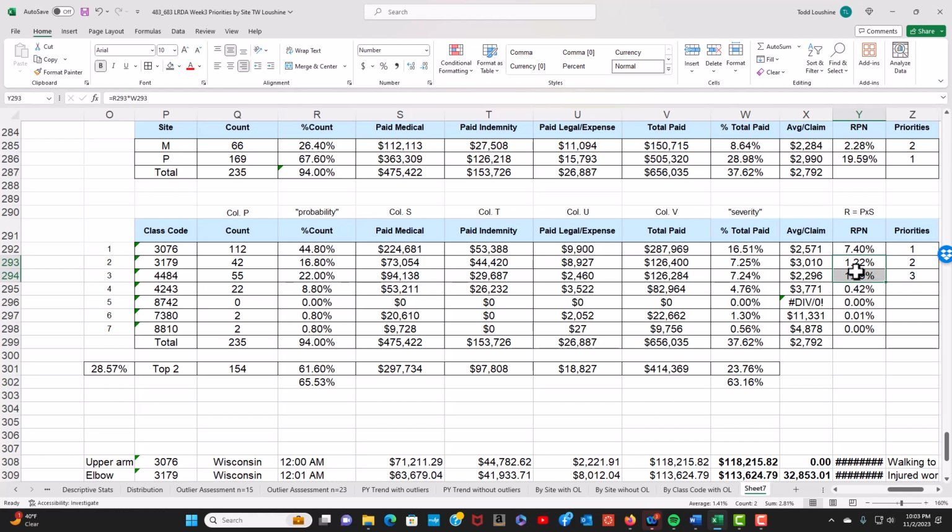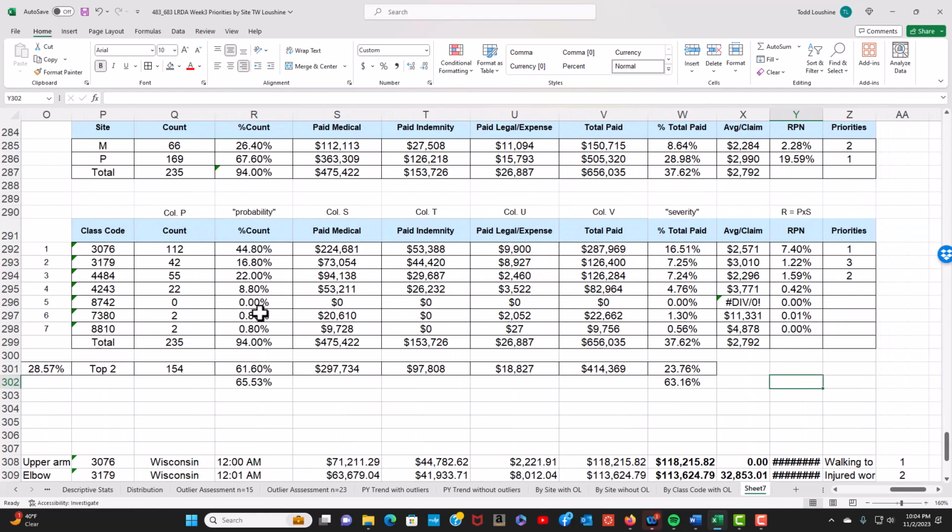But this is interesting. Actually, with the outliers removed, it should be 2 and 3. There isn't a drastic drop between these two, 0.159, 0.122. That's not big. 7.4 down to 1 point, that's big. So we could just focus on one, but I still think, look how close the total paids are. The number of claims are quite different. Total pay, or the average per claim, is a little bit different too. Interesting stuff. Now, what I'd really like to do